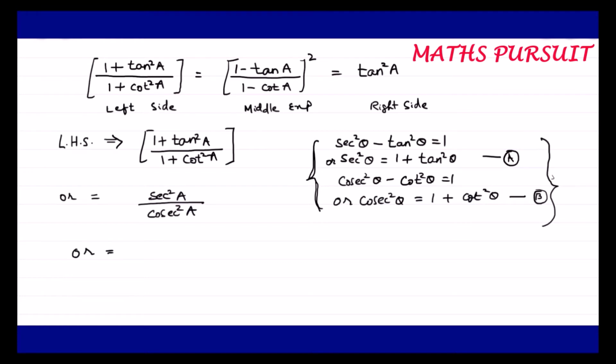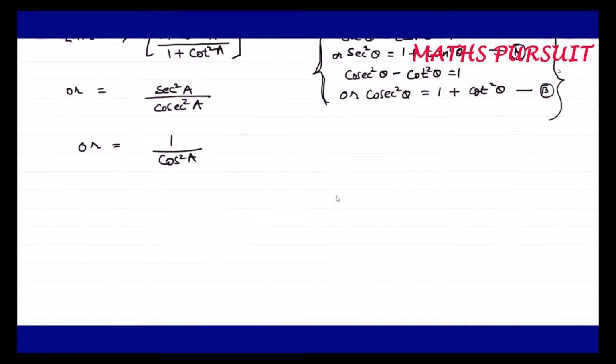Sec a, first of all, let us understand what is sec a. Sec a is nothing but 1 upon cos a. So keeping this in view, that sec a is equal to 1 upon cos a, I can write sec square a as 1 upon cos square a. If I write sec square a is 1 upon cos square a, will there be anything wrong? I don't think there is anything wrong. We are moving in the right direction, because we know that sec a is equal to 1 upon cos a. For that reason, sec square a is equal to 1 upon cos square a.